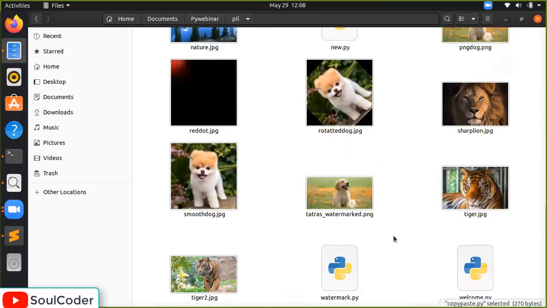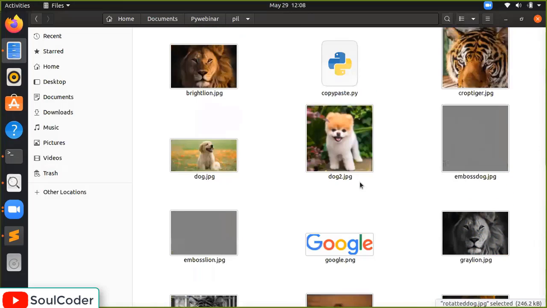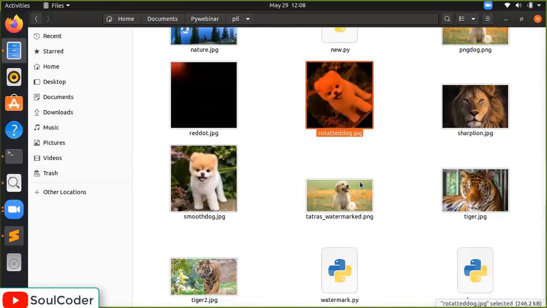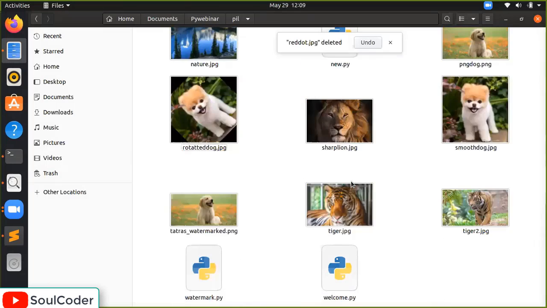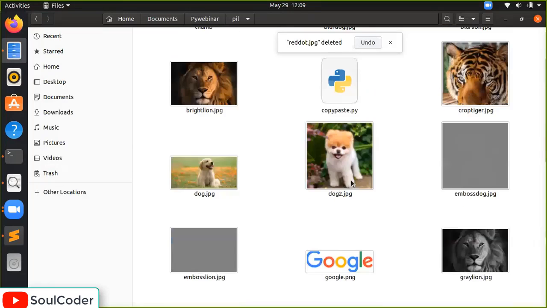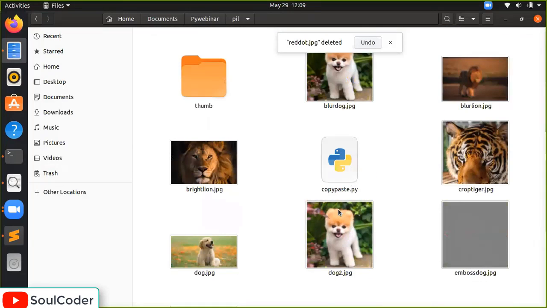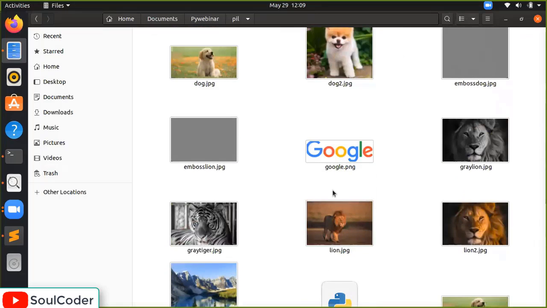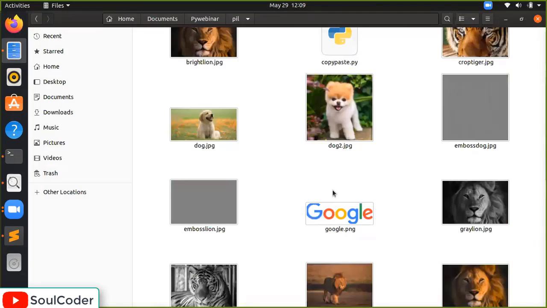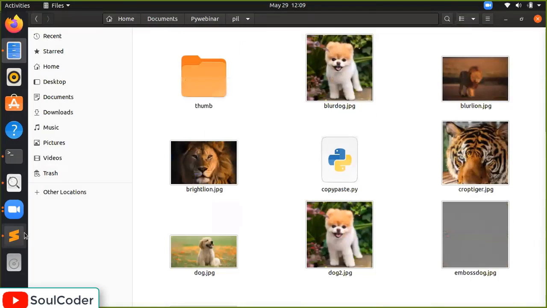So we will get some errors also, since not everything here is an image. So we will try to use the try and catch method. First, I deleted some files here which can create errors. I hope there is no problem over here. All the images are fine. So let's move to the code.